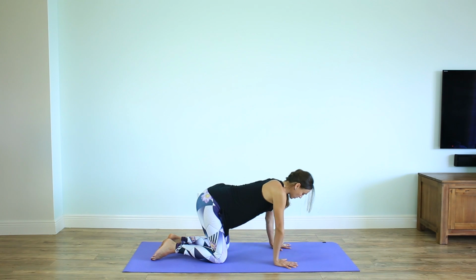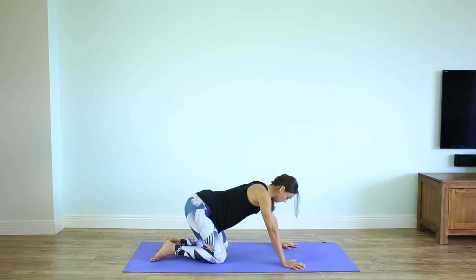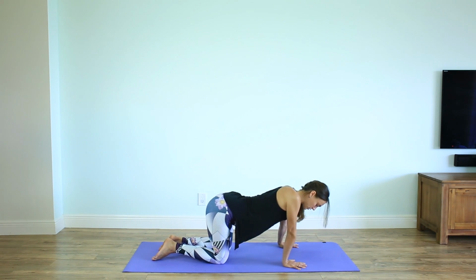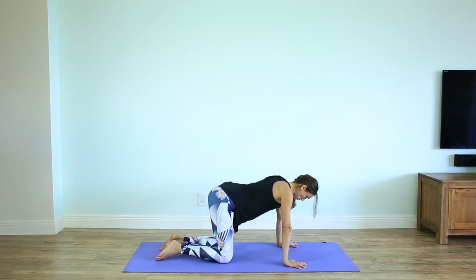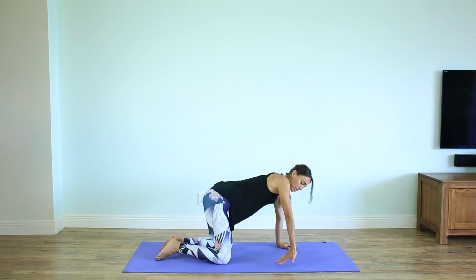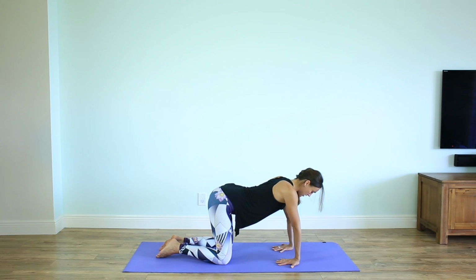You can make a couple of big circles, moving your shoulders forward and back. And then change the direction. And now keep the palms on the mat, but rotate the fingertips towards the knees. And from here, keep pressing the palms, the tips of the fingers, the knuckles into the mat, and push the